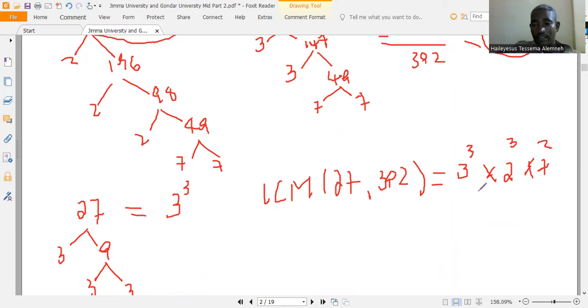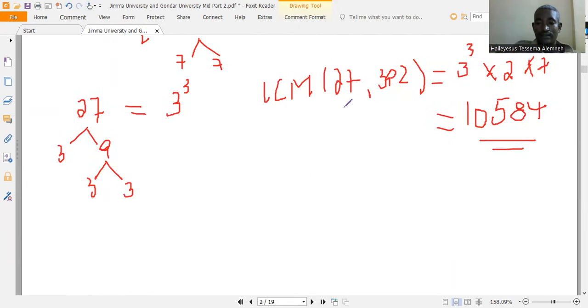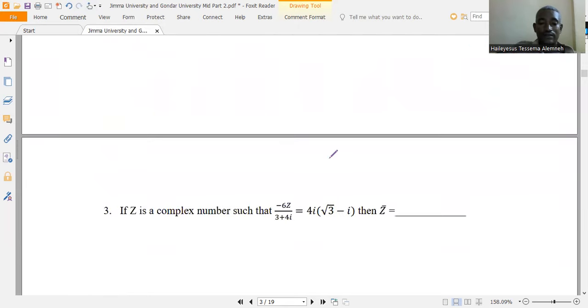ስለዚህ ይሄ ነው ማለት ነው፣ ይሄ 10584 ነው ማለት ነው። ስለዚህ ኦድ ነምበሩ 27 ነበር ማለት ነው።